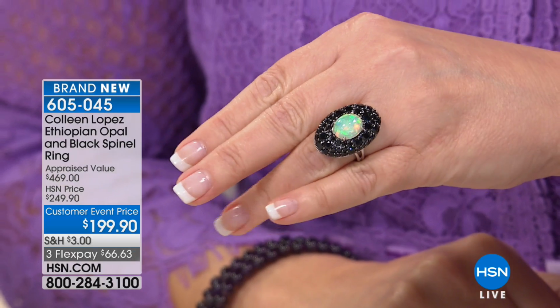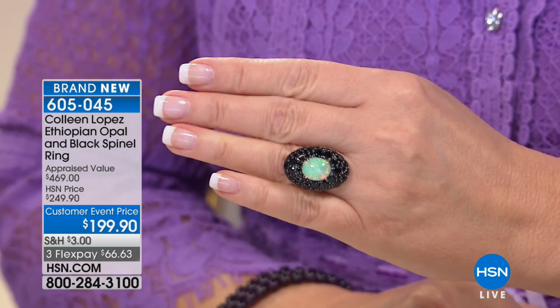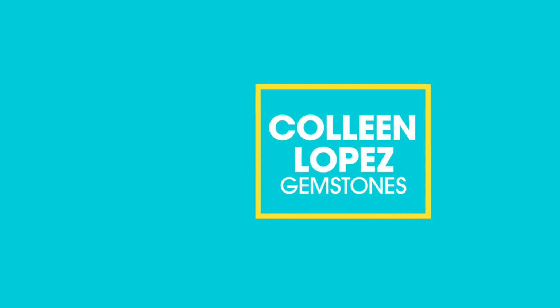And again, to get a bigger size like this, that huge, massive 12 by 10 millimeter, it's really exciting. All right, I will keep you posted on this. There's not even 100 left. They're almost gone. I'll keep you posted. I think we still have all the sizes. That is the good news. We have sizes 5